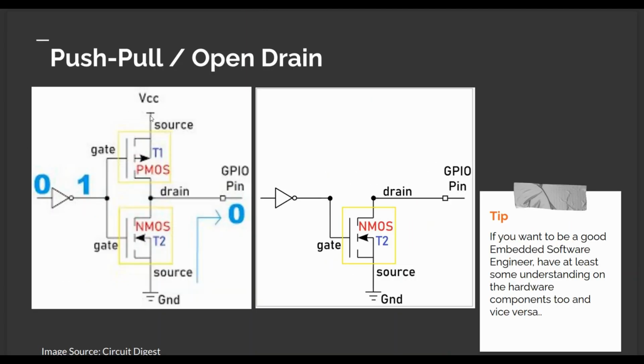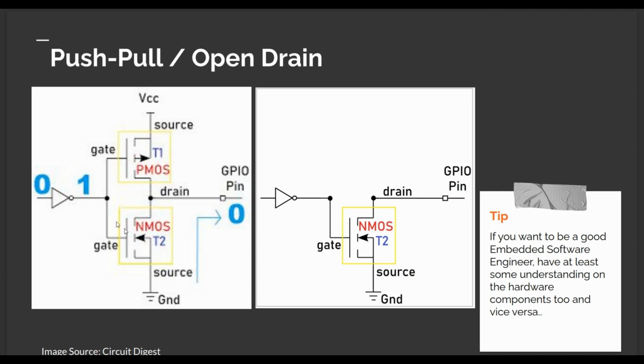Now coming to the push pull and open drain configuration. Here we have the circuit for push pull and open drain. Left side is the push pull configuration. Here there are two FETs, one is PMOS and the other is NMOS. The gates of both the FETs are connected together to form the input, and the drains of both the FETs are connected together to form the output. The source of the PMOS is connected to the positive rail, that is VCC, and the source of the NMOS is connected to the